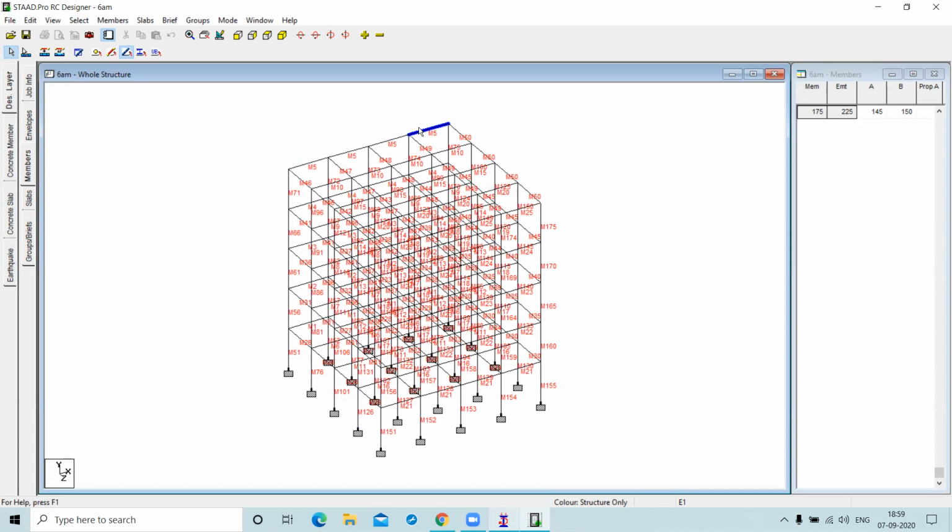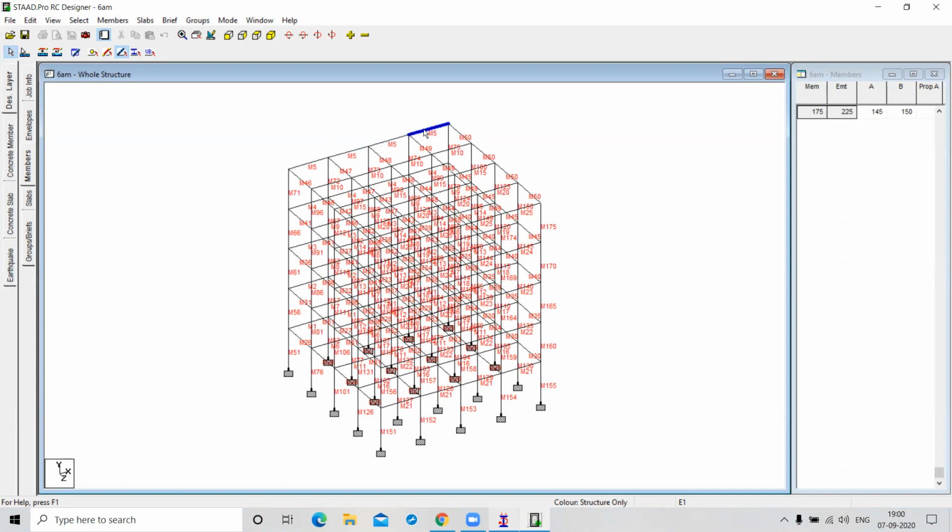We have 325 members in total, but this is considered as 4 members, so we give the same name. If we talk about M5, M5 contains the 4 members individually.